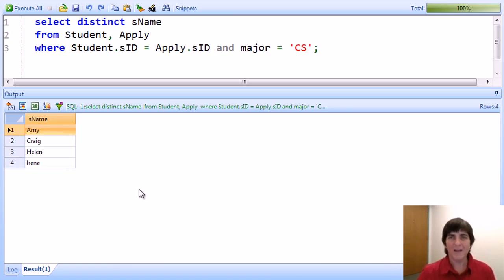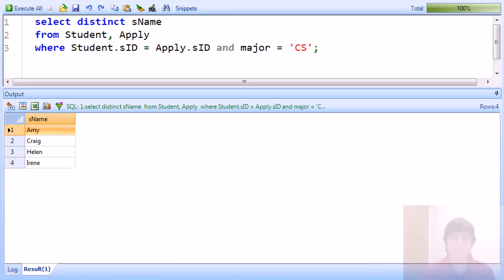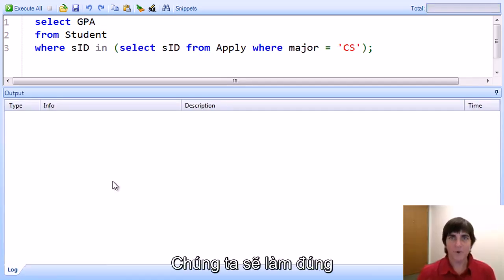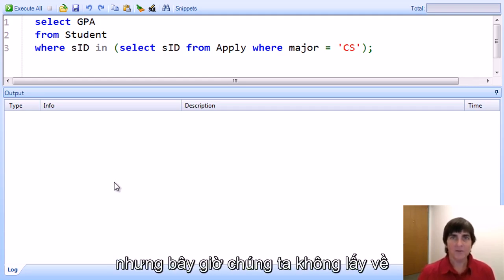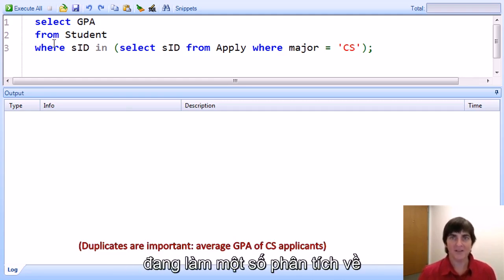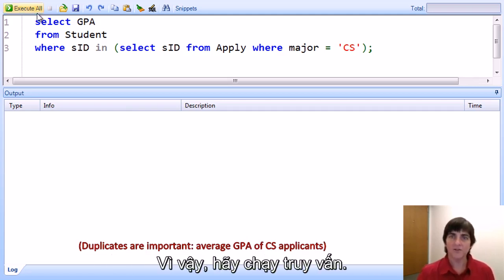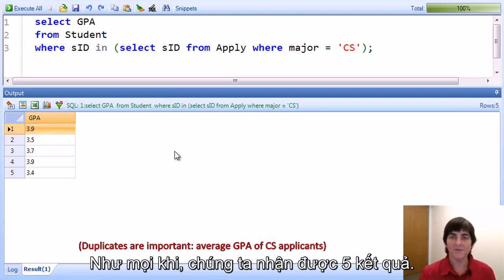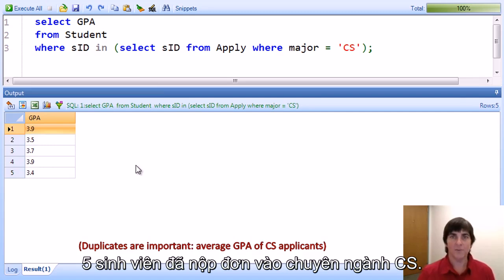Now, we might wonder, why do we care about duplicates so much? Let's see an example where duplicates really do matter quite a bit. We're going to do exactly the same query again, finding students who have applied to major in CS, but now we're not retrieving the IDs or names, we're retrieving the GPAs of those students. Presumably what we're interested in doing is some analysis of the GPAs of students who choose to apply for CS. So let's run the query. As always, we get our 5 results, and here are the GPAs of the 5 students who have applied to major